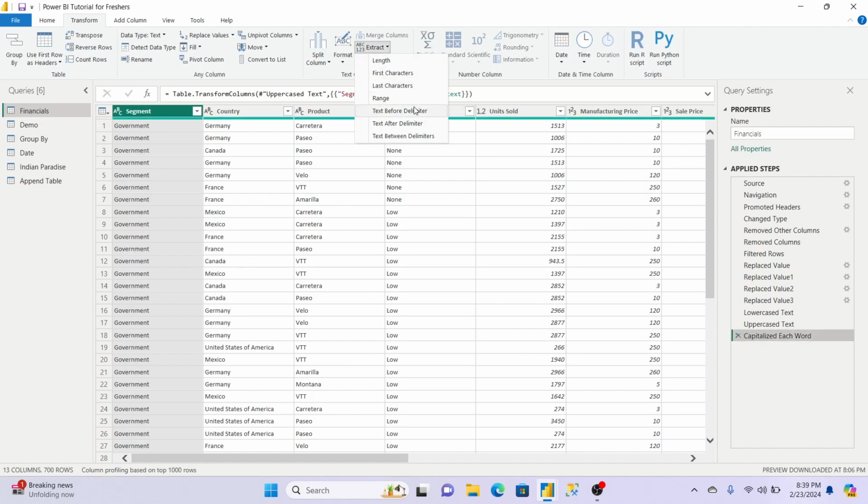Even the delimiter option, like at the rate and dollar, we can extract from that side also, especially for emails it is used. For example, if any email is there and at the rate gmail is there, and from there we have to extract only names, from the at the rate the whole right side we can eliminate and only extract the left side, so the whole name will come in that case.